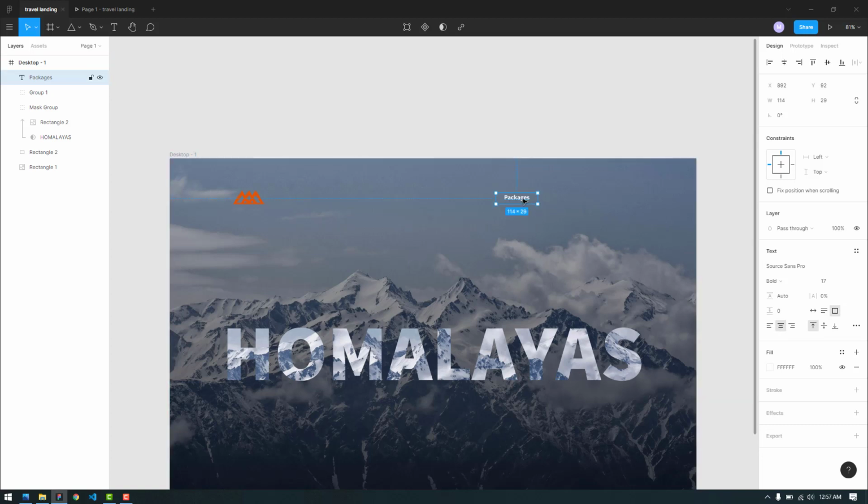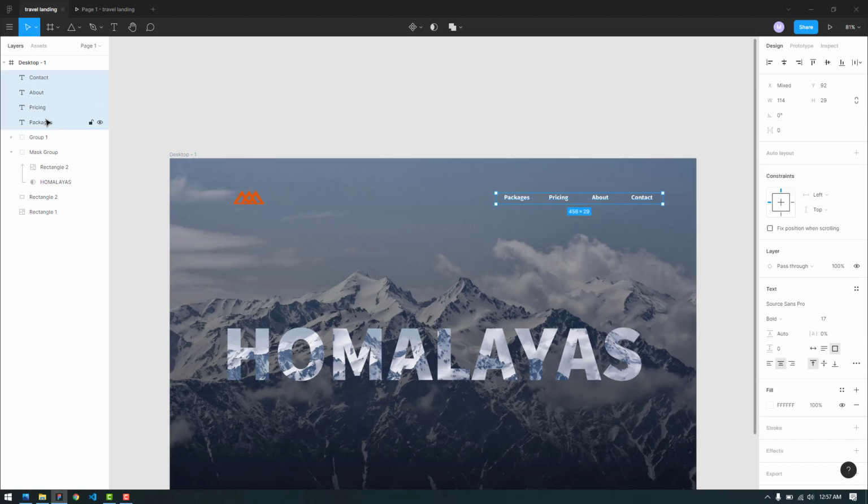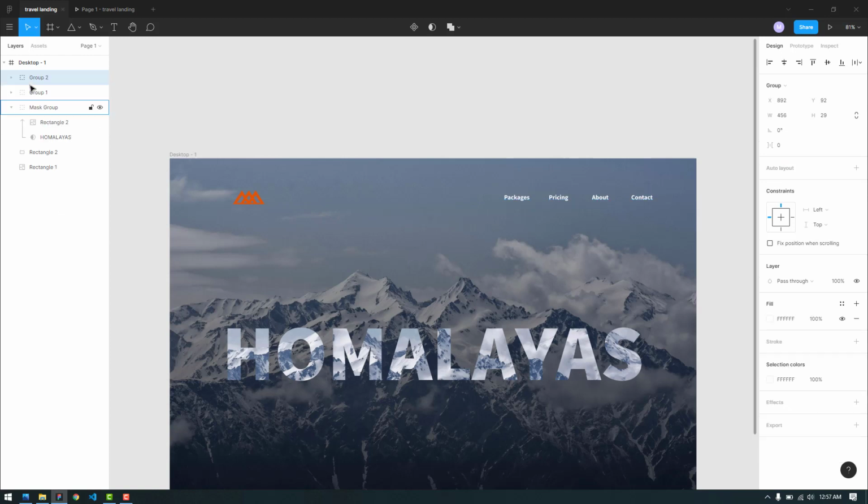Okay, now we can just press Alt and make some copies. Now we can rename this by saying the third one will be about. Let's set the contact at the last, and after creating all of that we can press Shift and select all of this and make this inside a group.